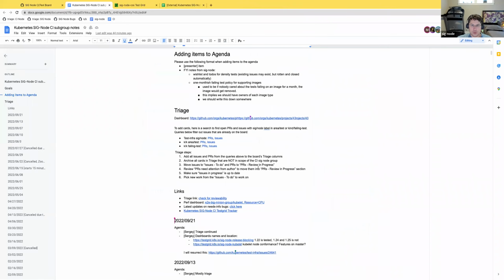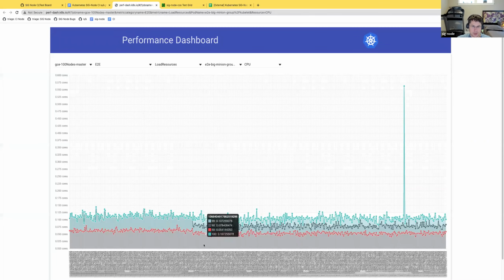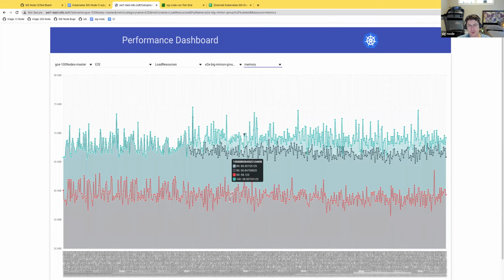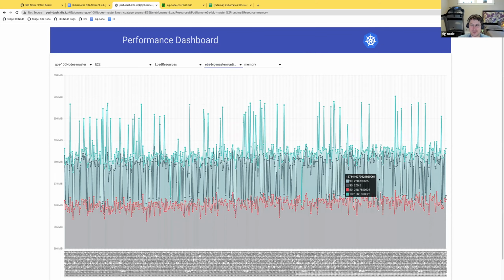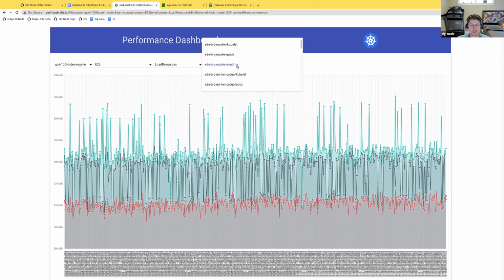Anyway, I also wanted to show the performance tab that we used to look at. You see something happened maybe a week ago: the 90th percentile of CPU went down and memory the same way, which is a good thing. Something improved in Kubernetes. I don't think we need to investigate, but I just wanted to show that something good happened. I like when something goes down. And runtime doesn't change, so it's clearly some changes in kubelet that helped with that.